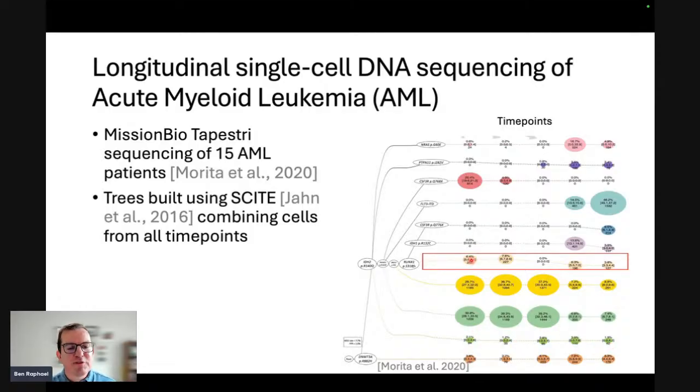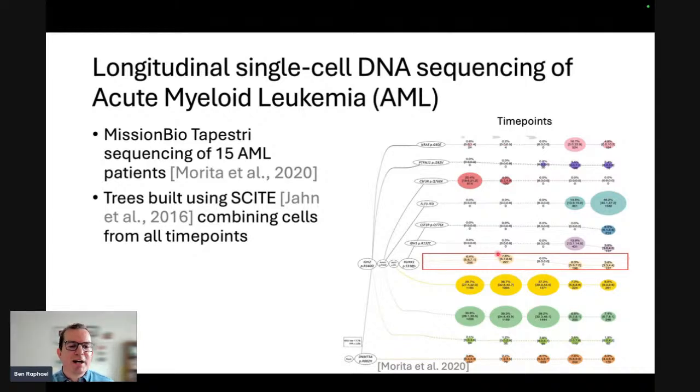Okay, so if we look at the first time point, we see that only a few of these clones were present. These 3 clones right here are absent. Go to the second time point, they're still absent. The proportions of some of these clones have changed, et cetera, et cetera. But now, if we look in